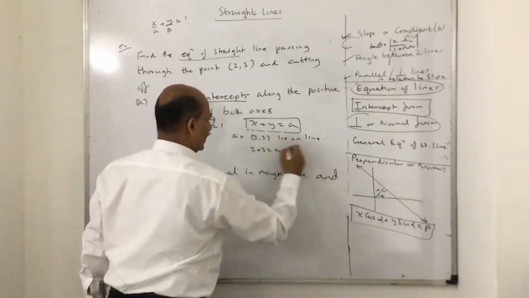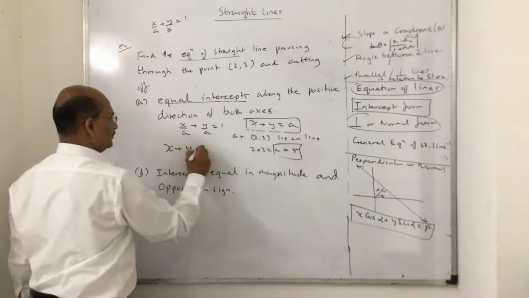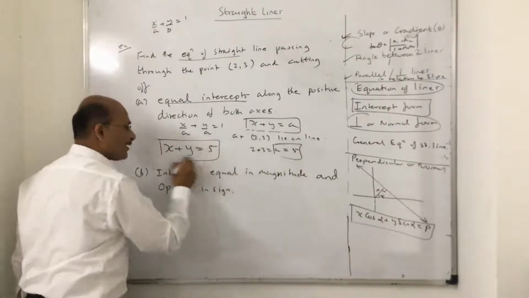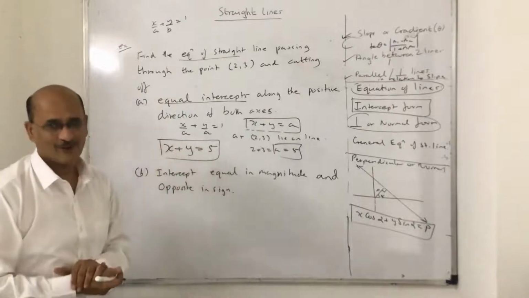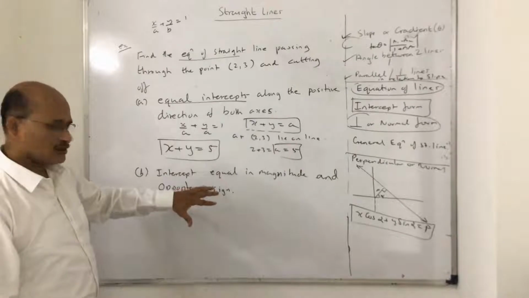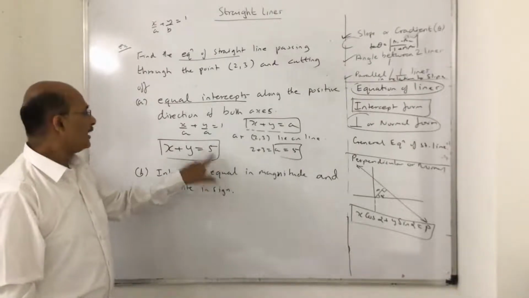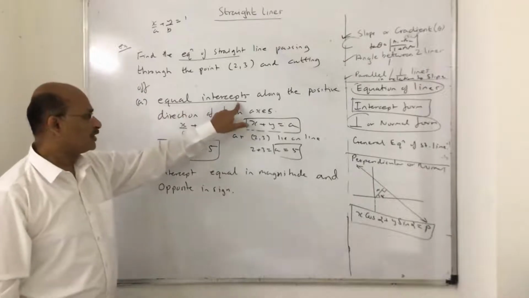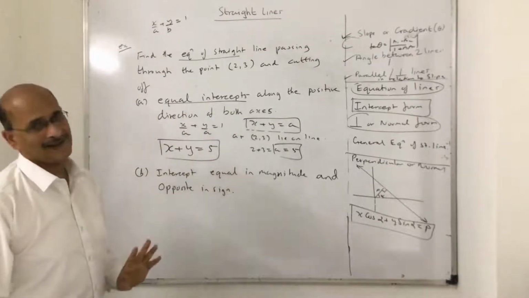So now I got the A value as 5, place it back, and my line is this. This is exactly what I want to share, and why I am trying to tell you this. Got the message clear? Okay. Slight modification in the question, next one. The intercept is equal. I took A in both cases because they mentioned equal intercept. That's it. The intercept is equal but opposite in sign.